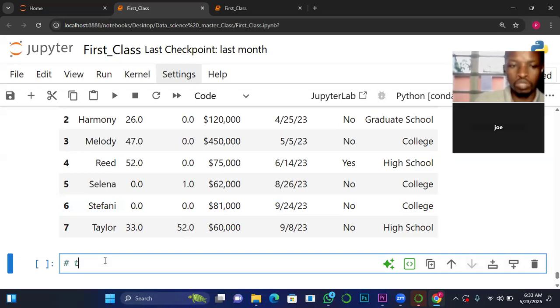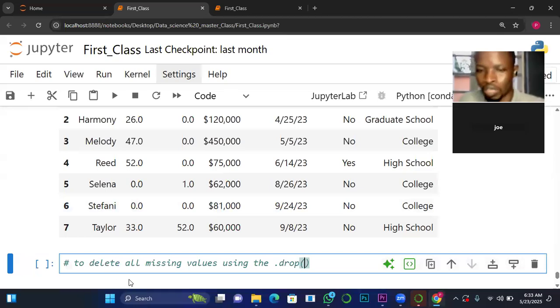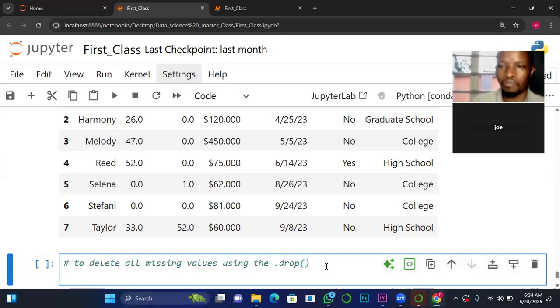Now, to delete all missing values using the dots. So what my interest is exposing it to this function. That is what we are actually doing. So in the course of doing all this, there are several functions we must have been exposed to, which you should know as a data scientist. Now, drop means to delete. Drop means to delete. So which means that if I want to delete all the places, so you can see